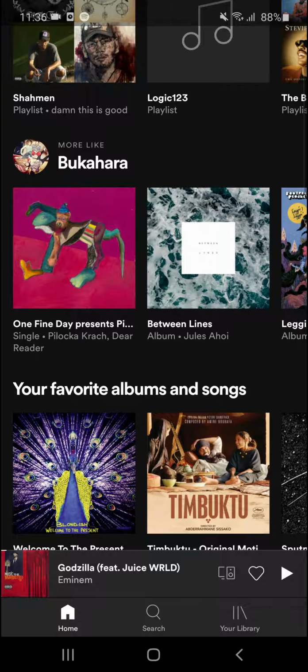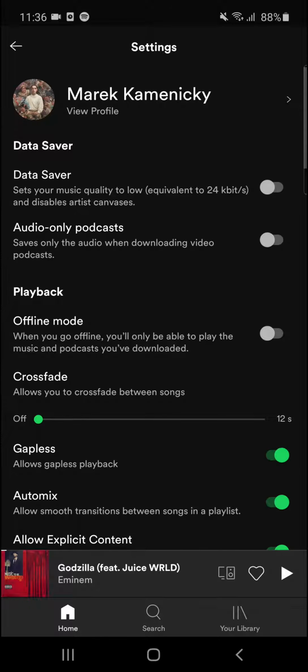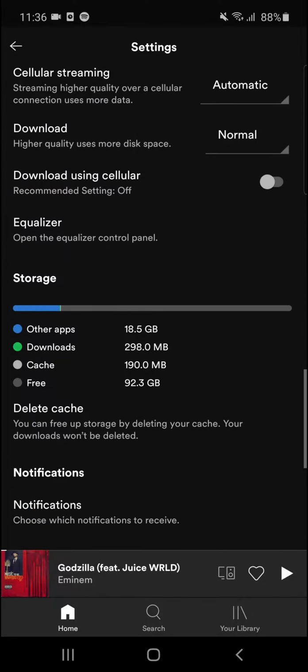In this video I'll show you a simple way how you can stop Spotify playing suggested songs on mobile, Android. So what you want to do is this: be in home, then go to the right top corner to the settings, and when you're here, scroll down below and scroll down below,